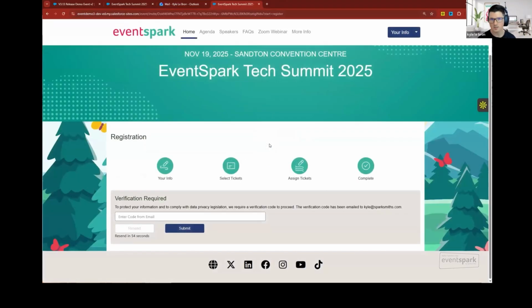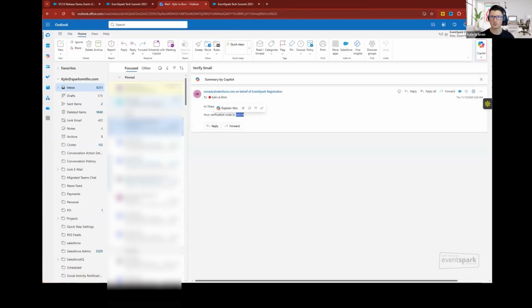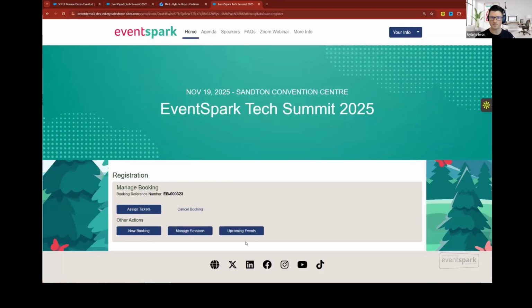Important for me to mention this, as of version 1.3, if you are going to be visiting a booking, i.e. updating your booking, or you're going to use search before you create, the OTP is mandatory. This is something we work very closely with Salesforce and our security partners on, and this was encouraged by them to make OTP mandatory. So if we click on our OTP, super simple process, and submit that, I can now